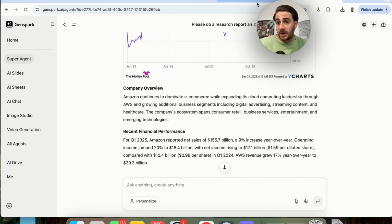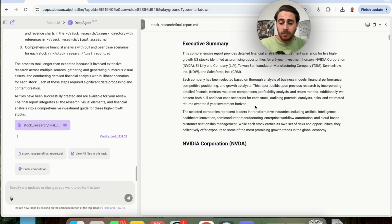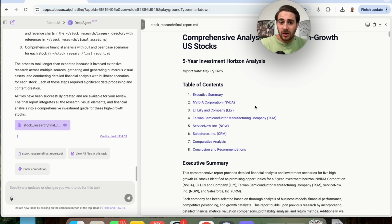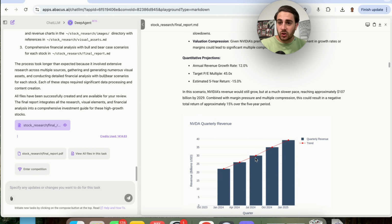Genspark, again, did a better job with this. Manus did a better job with this. And if we come over to DeepAgent, once again, they got this done right. And what I love here is they put the report date, they put what the investment horizon. This is actually built around my exact goals. It has different charts in here, has different photos, it has a bunch of different stuff. So for this one, I'm going to say DeepAgent 1, Manus 1, Genspark 1, Convergence, total failure, and then Suna,